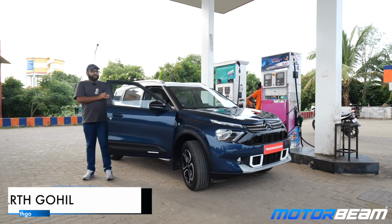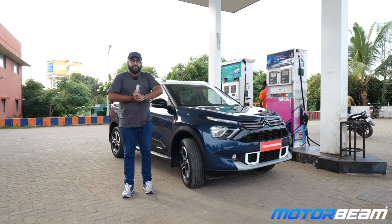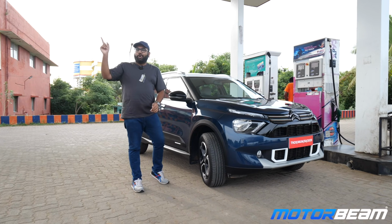हेलो एवरीवन, वेलकम टू मोटरबीम। दिस इज द Citroen C3 Aircross। आज इसका माइलेज टेस्ट करेंगे चेन्नई में। दिस कार इज अ 1.2 लीटर टर्बो पेट्रोल इंजन विद अ 6 स्पीड मैनुअल। तो स्टार्ट करते गाड़ी को, पहले फुल टैंक करवा लेते, फिल इट अप टू द ब्रिम एंड देन वील ड्राइव इट हियर ऑन द ECR।